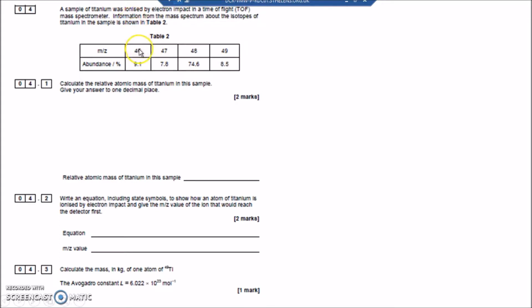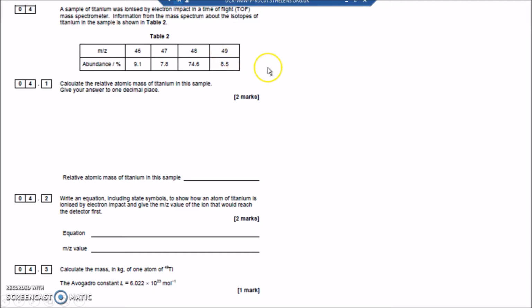Why does titanium have atoms of different mass? Well, they're all titanium because they've all got the same atomic number or proton number. They've all got the same number of protons and electrons, but they've got different numbers of neutrons. That's why they have different masses. They're called isotopes. And this is the percentage abundance. So 9.1% have got mass 46, 7.8% have got mass 47, 74.6% have got mass 48, and 8.5% have got